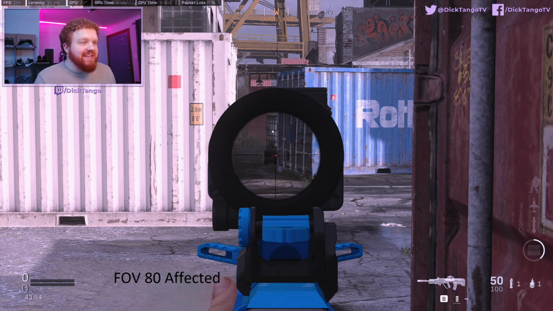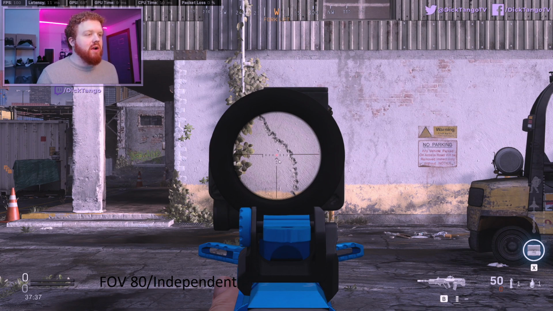What I'm going to compare next is why you may want to choose one optic over another depending on whether or not you're on console, or you're using independent, or you're using an 80 FOV or lower FOV. As you can see here, I've got a recoil plot. This was the Ram 7, 30 rounds is what I shot here. This recoil plot, when we're running an 80 FOV or independent or on a console, is about the size of